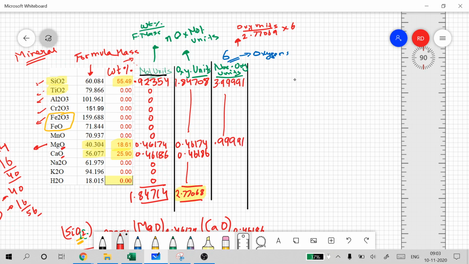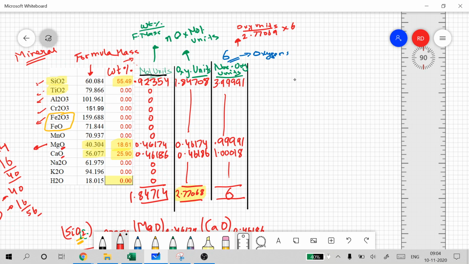And what about CaO? It's 1.000001. What will be the total? You don't need to calculate it. It has to be 6. That is why you did that normalization. You want the total to add up to 6. Correct? You can add them up also if you want, but this is approximately 4. This is 1, 1. Okay.